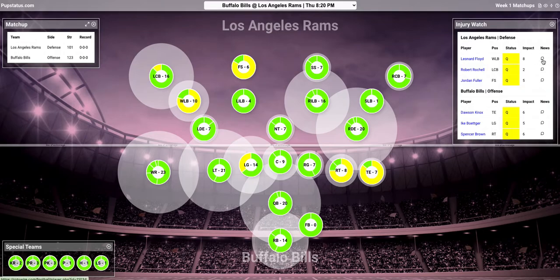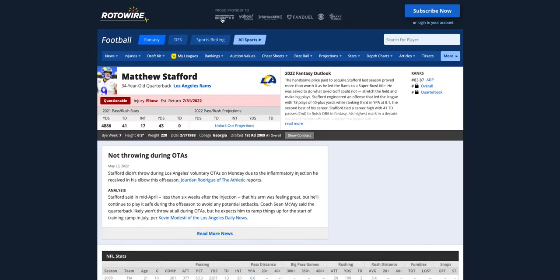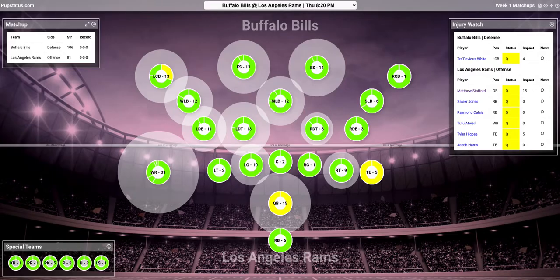One easy way to do that is over in this news column. I list all the questionable players for each team, respectively for defense or offense, depending on which side of the ball they're on. You can just click this little news icon, and this will take you to RotoWire, which I like a lot. Gives you some good, up to date data, and I tend to watch this throughout the week. Thankfully, with football, people's statuses don't change crazy last minute all the time. There's a lot of game time decisions, of course, but you kind of have to decide which way to lean regarding those.